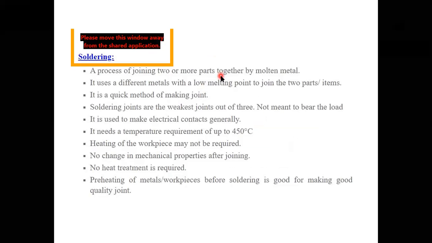Okay, starting from soldering. You know that two metals are joined by using a material called solder. The solder is in the form of wire. In soldering, we are using a flux. The function of flux I already told: it cleans the surfaces where you intend to get the joint, and at the same time it avoids atmospheric oxygen having contact with the joint. This is the function of flux.